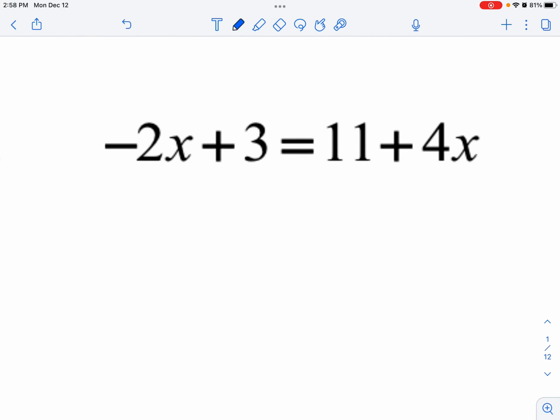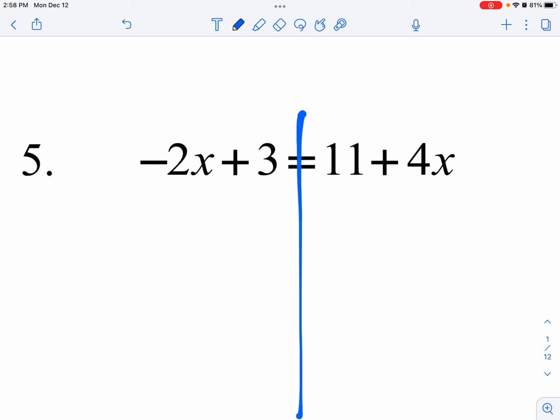Okay, let's try over here. Here's my equal bar. What happens when I have an x on each side? That makes it a little bit trickier. What you can do is you can combine. Let's say if I wanted to move this +4 over, that means that I need to subtract it from both